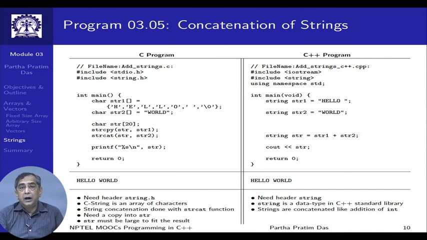Particularly note that in C you will really need to know what is the size of the result, so that you can define again an array large enough for the variable str, because if str is not enough in size, then strcpy or strcat later on will fail. In C++, you do not